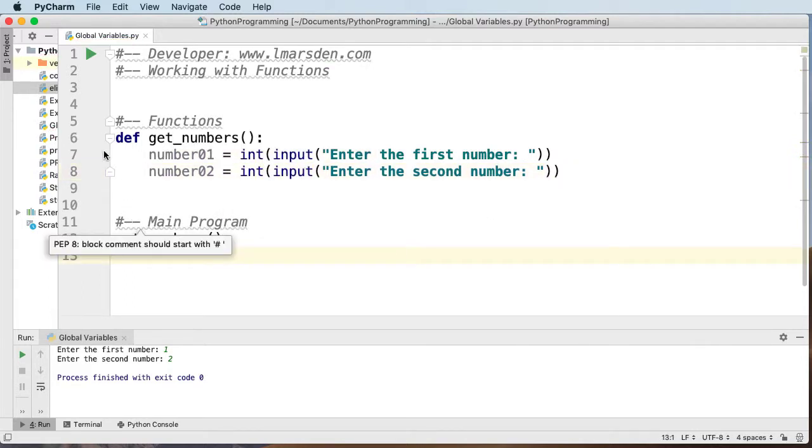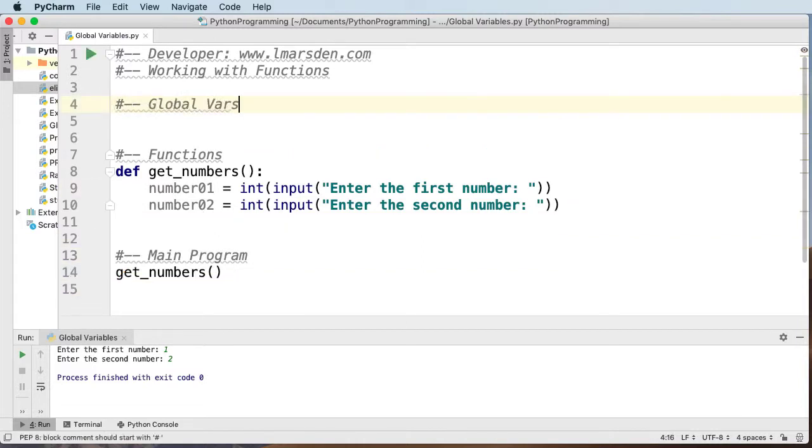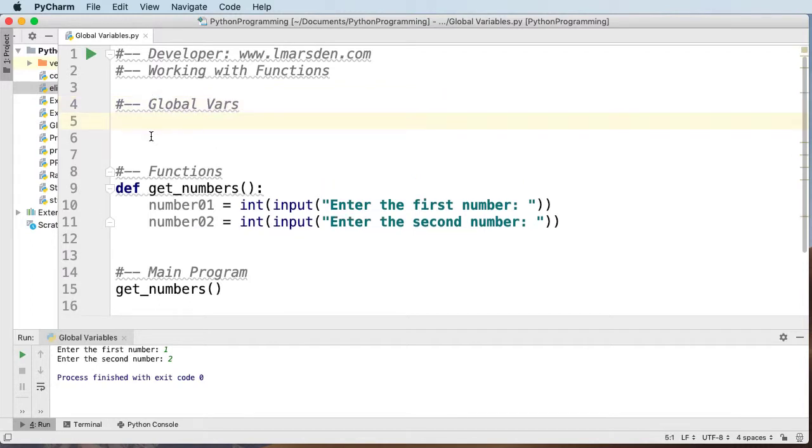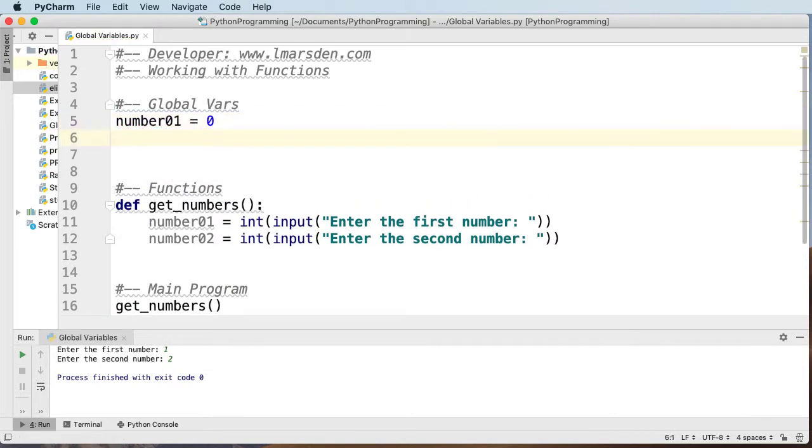Now when working with functions, you may have to use what are called global variables. Now global variables are variables that functions can see. If I declare a variable inside of a function down here, like number1, no one else can see this at the moment because it's inside this container. So for other functions or other bits of code on the main timeline in the main program, if they need to see number1, we need to declare it as a global. To do this, we just need to go number1, and what I like to do is let it equal something, so I'm just going to let it equal 0, and also number2 is equal to 0, and then